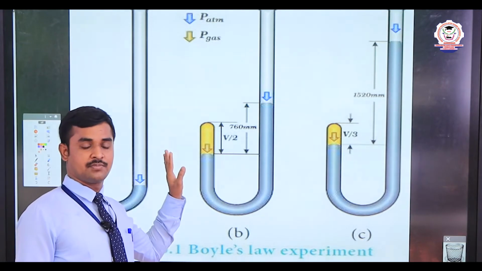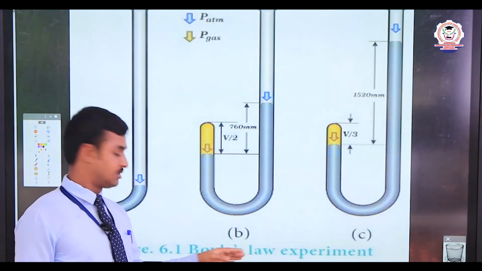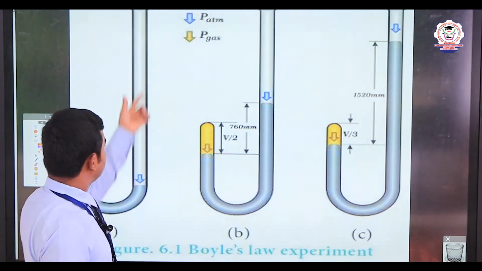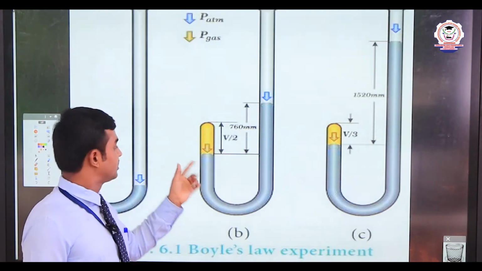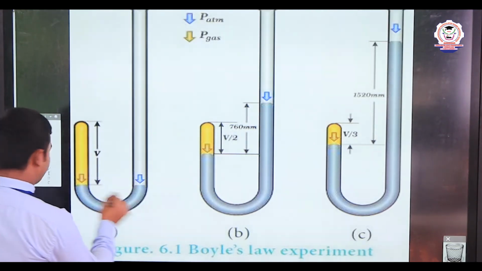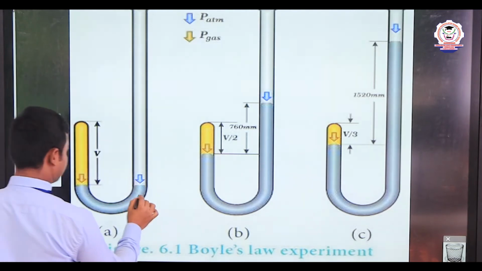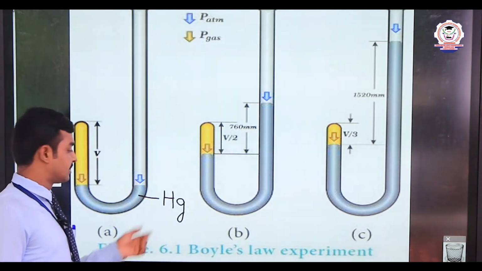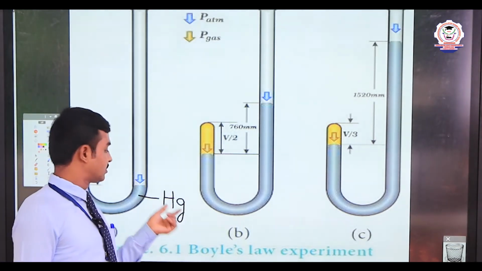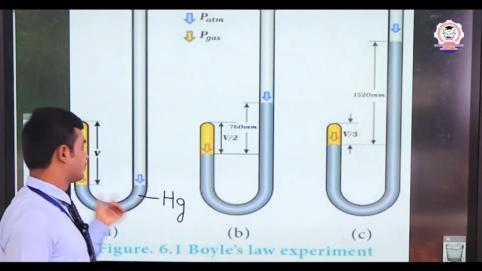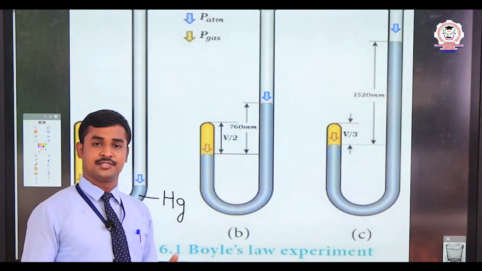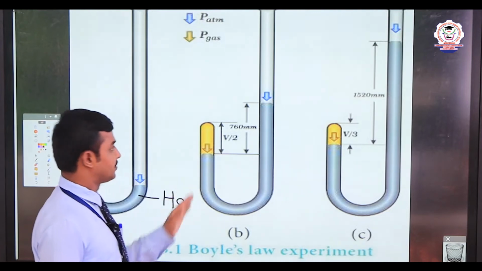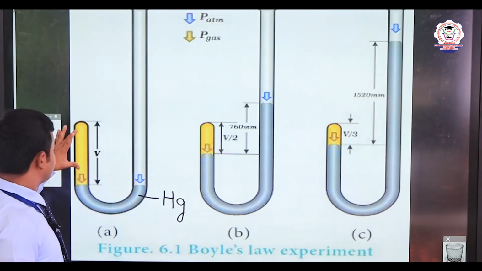So, this is the Boyle's law experiment. It is given in your book, figure number 6.1 in the gaseous state lesson. This is a tube. In this tube, you can see this colored material. This colored material is Hg. What is Hg? It is the symbol for the element mercury. Here we use mercury as an indicator. We already used mercury in a thermometer, where it indicates the temperature level. Likewise, it will show us the volume level of the gas.